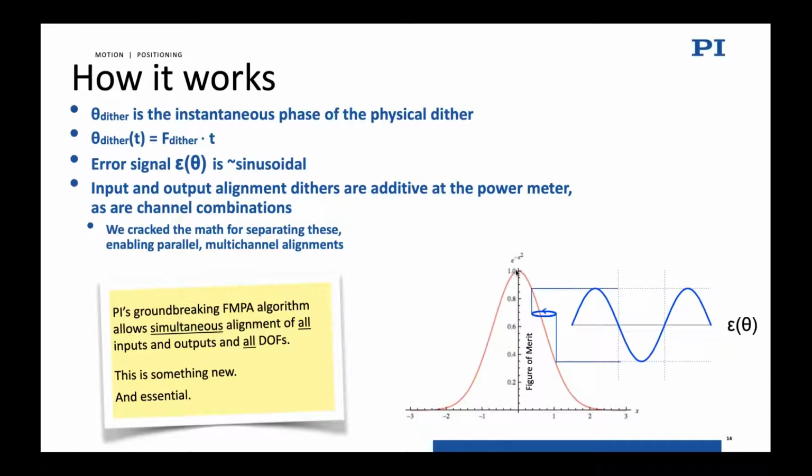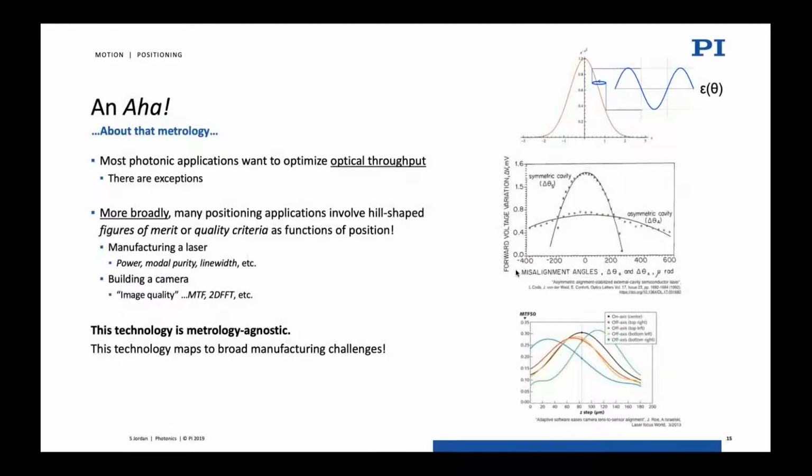Typically, to align even a simple array device, it's on the order of 2 minutes to do that. So that's unacceptable. If you have a wafer that's got 10,000 devices on it and you need to test them, if it takes 2 minutes per device, you can figure out how unaffordable that would be. It needs to be down in the seconds range, or better yet, less than 1 second, which is where we